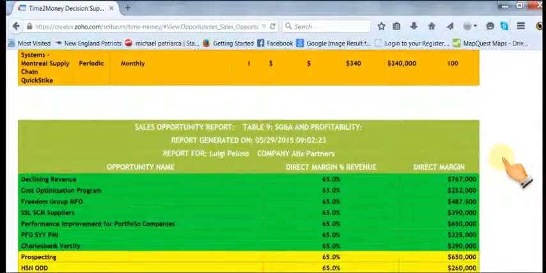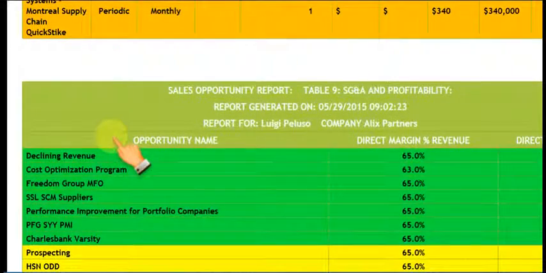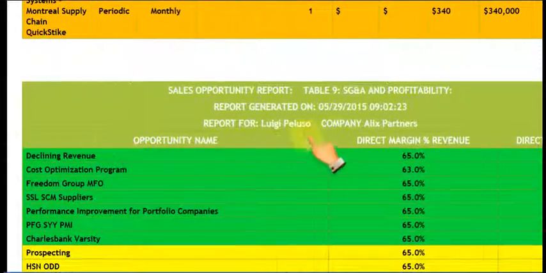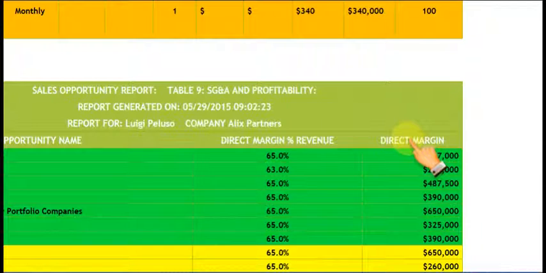And we'll scroll down to the 9th and the last table. And the objective of this table is to display the target profitability of each opportunity. So we see the name of the opportunity. We see the target direct margin as a percentage of target revenue, and we see the target direct margin in dollars. Now, depending upon the profitability logic that's displayed in Table 2, this table could also display the target sales, general, and expense as a percentage of total revenue,